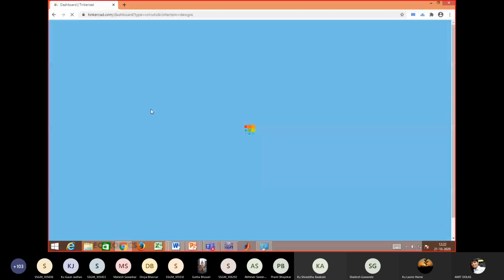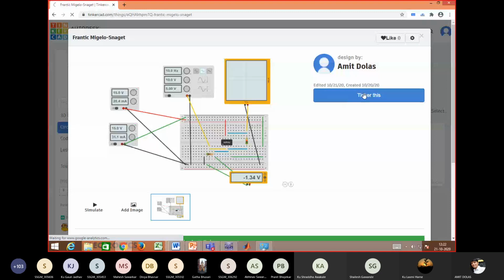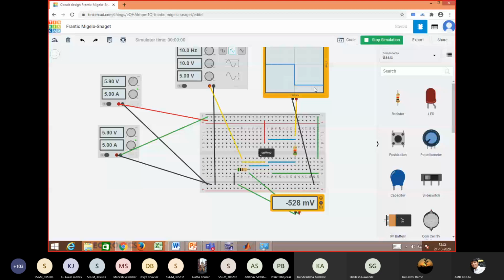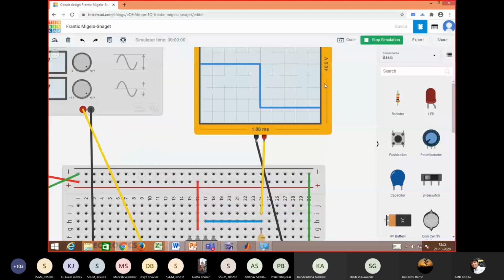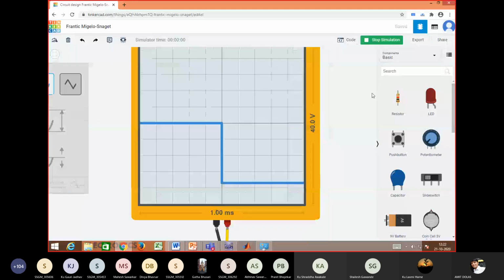Instead of batteries, I have used a power supply of 15 and minus 15 volts. Still the output is not there. The output is only negative. You can see a small square wave, but later on it stays. Are you able to see it on the CRO? This is the second circuit. There is a slight transition from positive to negative, and later on it stays continuously in negative saturation. So this is one limitation I found regarding Tinkercad.